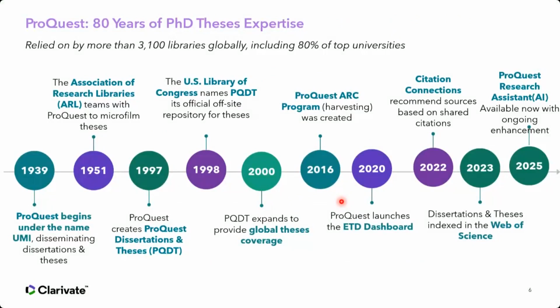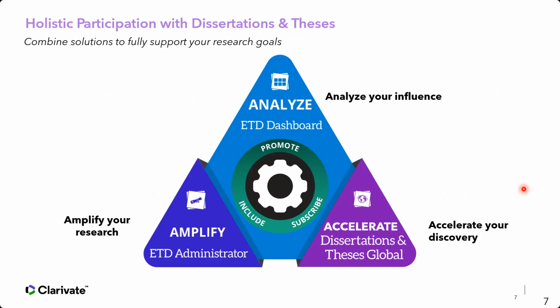It started way back in 1939 in the form of a printed copy. Then it evolved into the form of microfilm. And today we have all this content in a platform called ProQuest Dissertation and Thesis, the online platform. And now we have recently embedded AI integration into it. So it has come a long way from 1939 to the present, with the current development as well, including the AI integration. Okay, now the ProQuest dissertation and thesis, how this works is it works three ways.